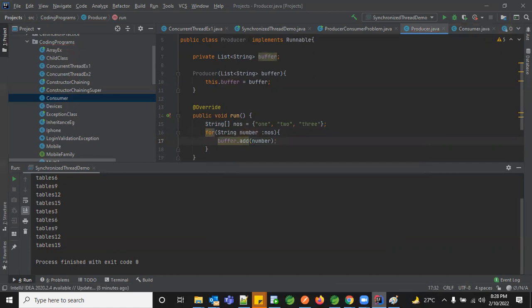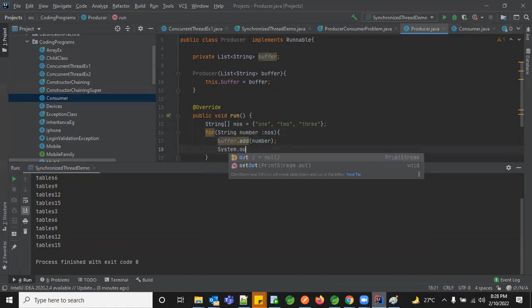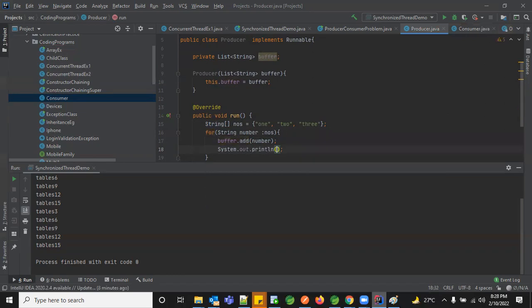So I'll get the thread name so that you know which thread got executed. So how can I get the thread name? Get ID or get name? No. I need to know the current thread. So I have a static method called currentThread, and from there I can get the name.